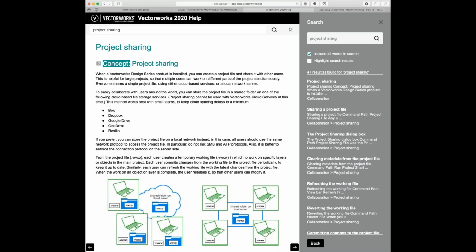It's good to get some of their files in advance to see how they've used Vectorworks, to get a sense of their skill level, because it's not always just a matter of the amount of time you've used it. It's how you're actually using it. If you've got an office template, make sure that they're working off of that,